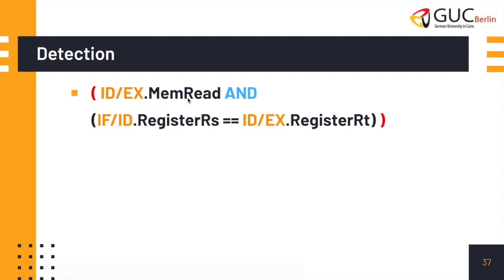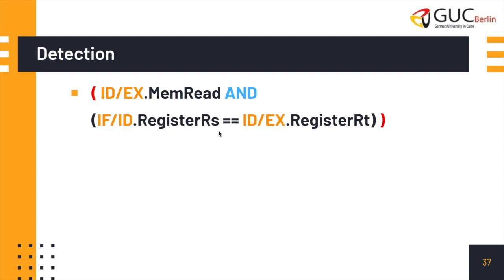The first condition is I'm making sure that the id/ex.memRead control signal is true. So now I am trying to check that there is a load dependency between two consecutive instructions. So at the id/ex pipeline register, which is the pipeline register after the decode stage, I will have the load instruction values and its control signals. So the memory read control signal indicates that I want to read from what? From the data memory. So if the memory read is 1, meaning that I'm a load instruction, whether I'm a load word or a load byte or whatever, I'm a load instruction, and we have here an